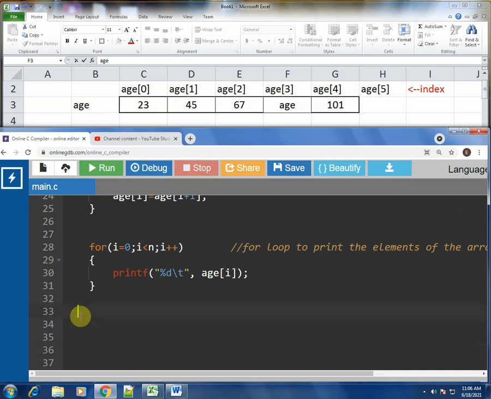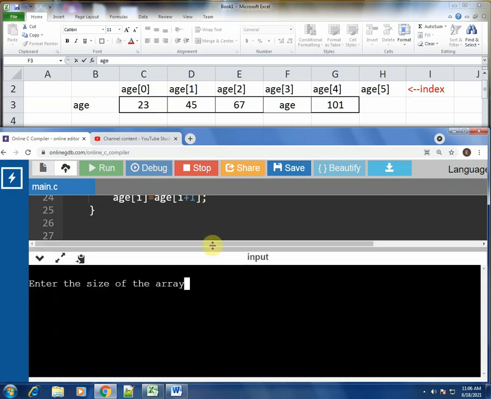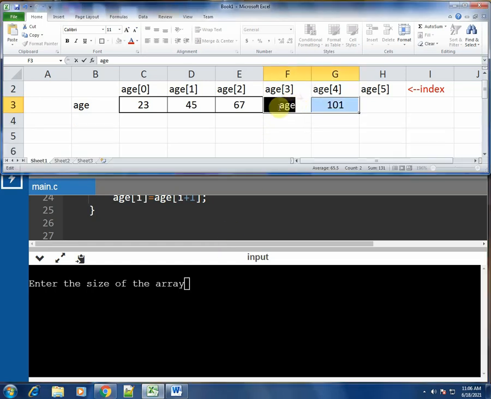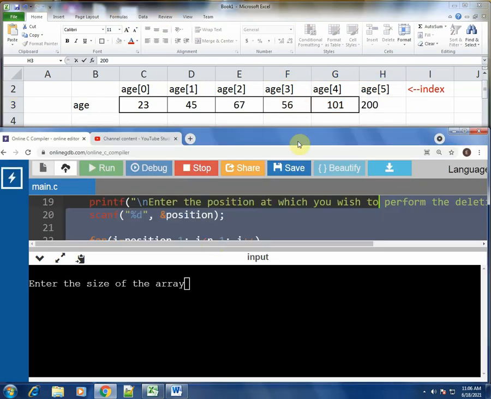Forgotten to close the main function. Alright, so no syntax errors. Enter the size of the array. Let us take some values so that we understand better, and say the last value is 200. We'll take the same example over here.